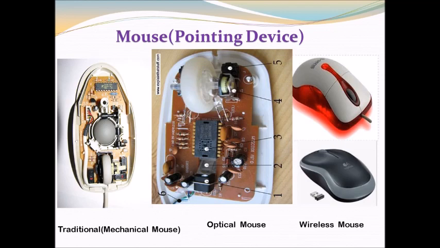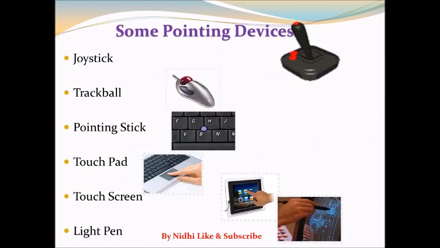Okay, next you can see here some other pointing devices. First is the joystick. It is used for playing games, that is, it is used in video games or monitoring the cockpit or some level. Okay, next is the trackball. This ball you can see in the image is known as a trackball. Third is the pointing stick. It is available in some keypads as a cursor. Okay, next is the touchpad. You can find this type of touchpad in laptops. Next is the touch screen. It is also an input device that takes input with the help of the touch of fingers or thumb. Okay, last is the light pen.